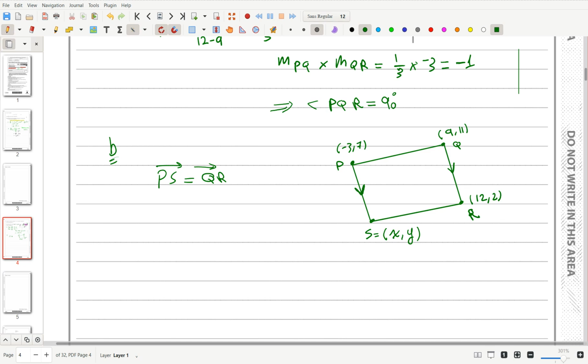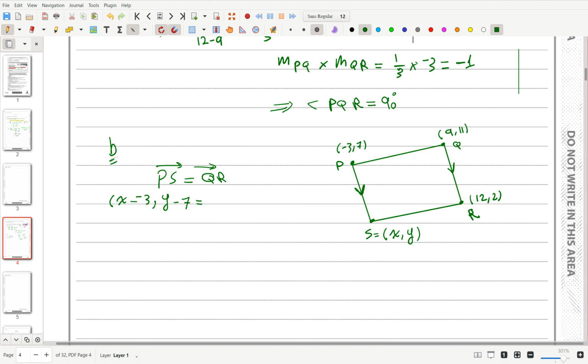That means x_S minus (-3), y_S minus 7. So here we have x minus (-3), y minus 7 equal